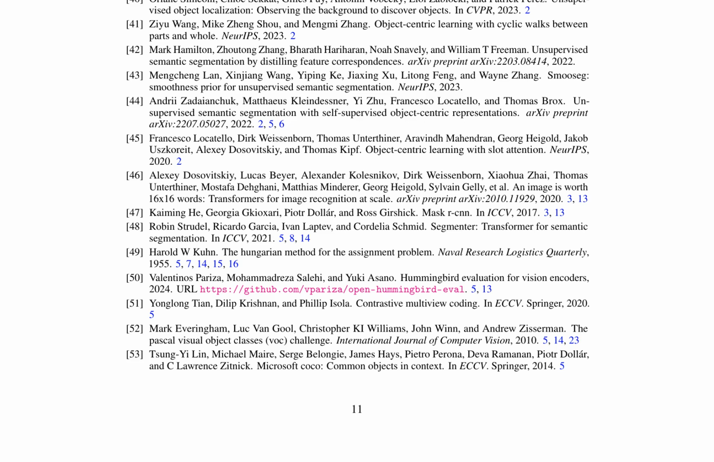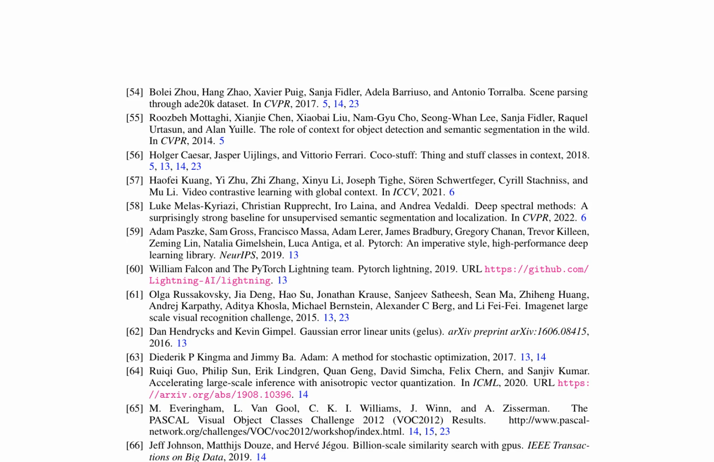The proposed method utilizes a two-stage pipeline consisting of pre-training a vision transformer with masked image modeling and fine-tuning on object-centric tasks. This approach allows the model to learn robust object-centric representations that can be used for both segmentation and localization without additional annotations. The authors employ several techniques to enhance the performance of their model, such as using a